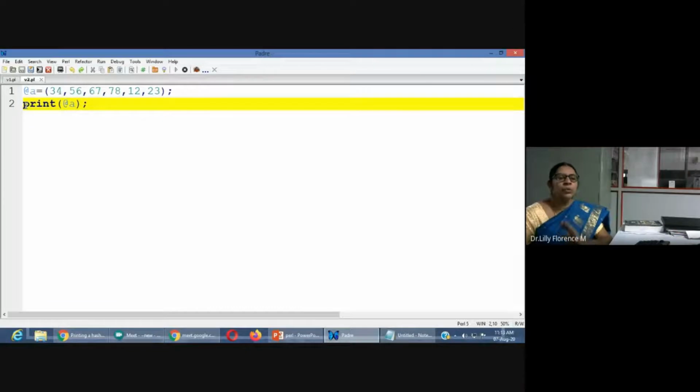But how do you print the values one by one? Or how do you access the array elements one by one? So for that we will use